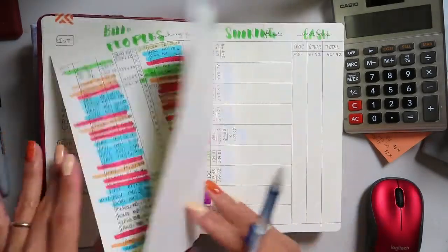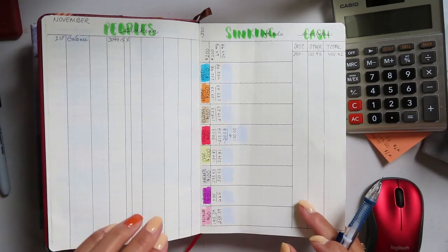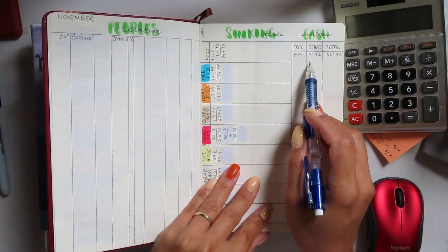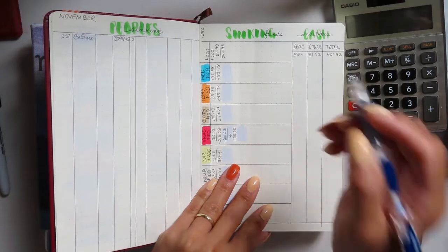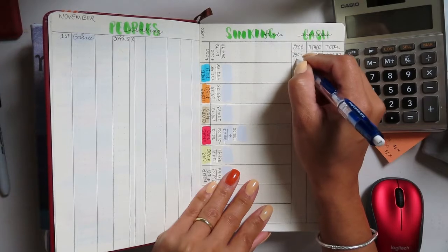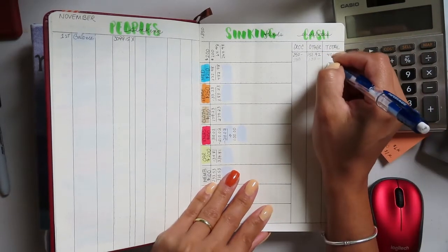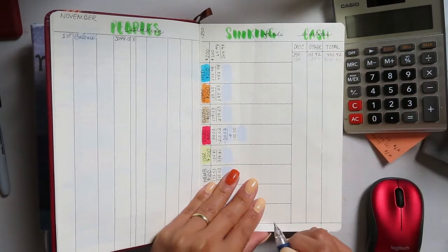And what else? So now a few things that I wanted to explain is, I already explained the sinking funds. We added additional money. The cash envelopes, I'm leaving obviously $100 into this account. So what I'm gonna do is we're taking out $200 from the groceries and we're taking out the $100 from here, and that's gonna leave us with $101.92 because